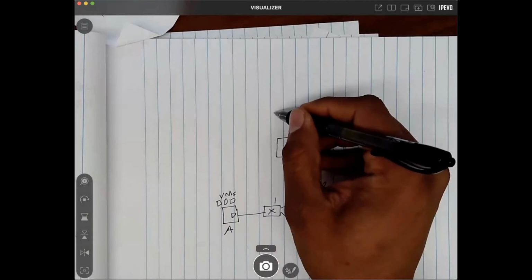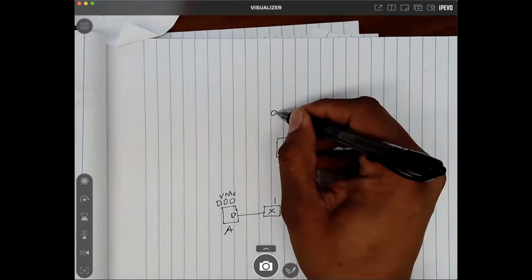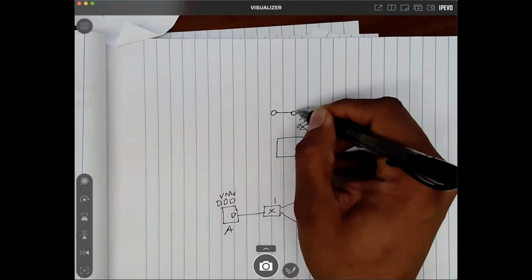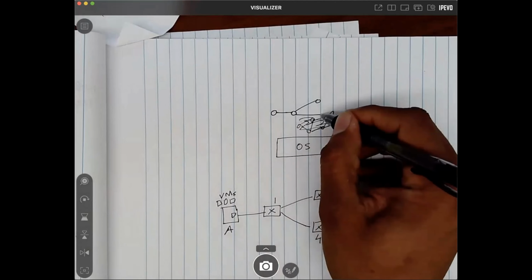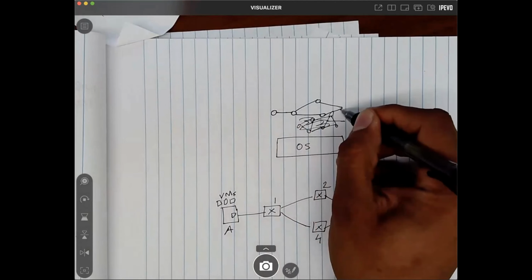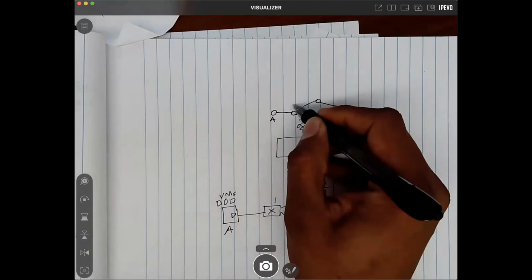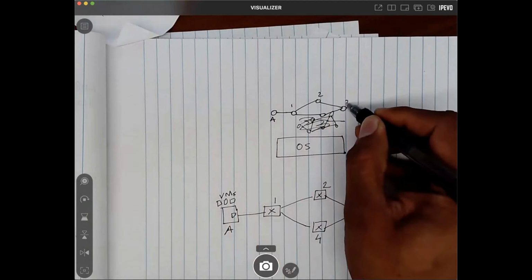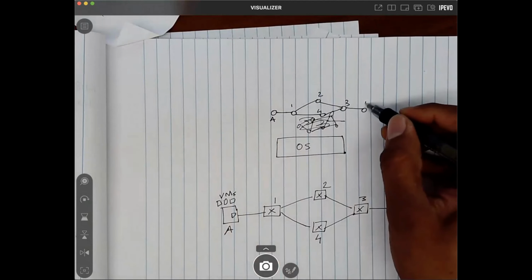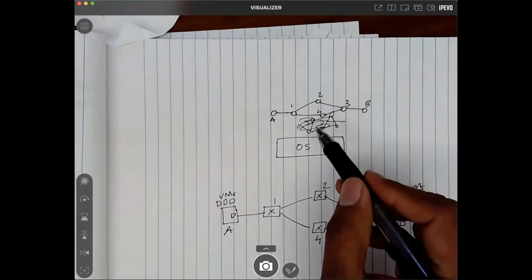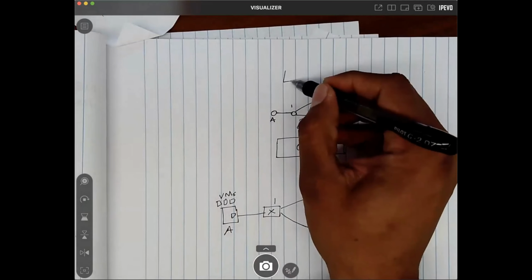So I'll try to make this very similar. We have node 1, which is kind of like the virtual switch that we have on A. Then we have something here, and something here. So this is virtual switch on A. Then we have 1, 2, 3, 4, and then we have virtual switch B. Is that legible? You can see what I'm doing here, right? Okay, so this is the network view that we want to offer to the control program.